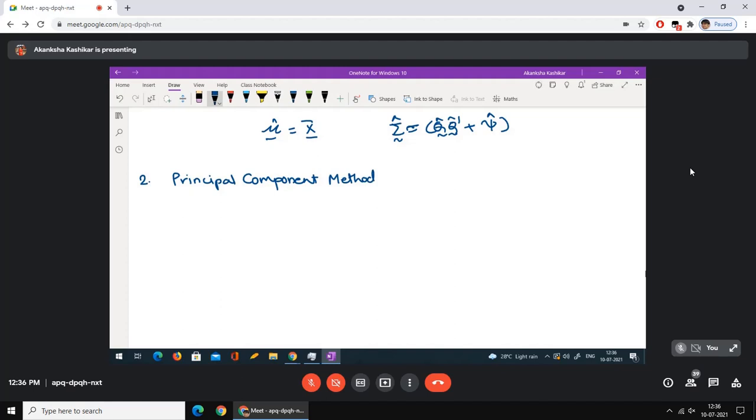So what do we do in the principal component method? If you remember the very first lecture on factor analysis, I started by assuming that lambda k plus 1, lambda k plus 2, etcetera, that is, the k plus 1th, k plus 2th, and all the remaining eigenvalues are 0. And in that case, we could actually get an exact equation for Q. Do you remember that? Long back, last week.